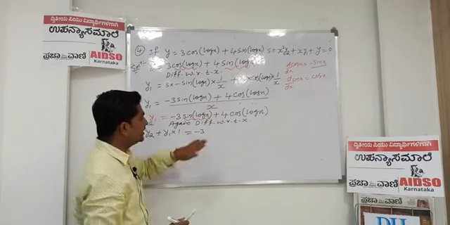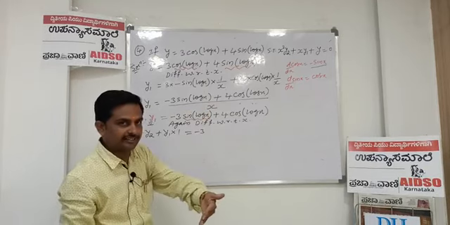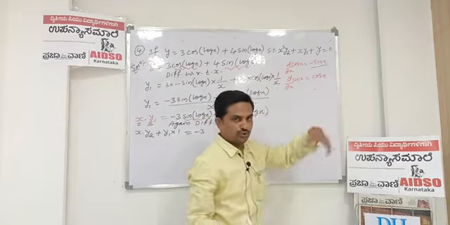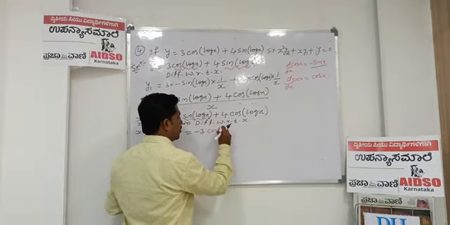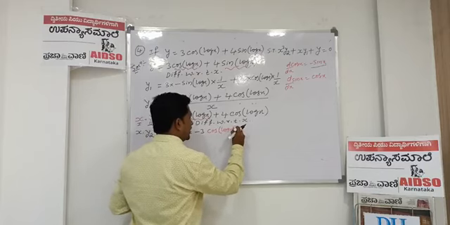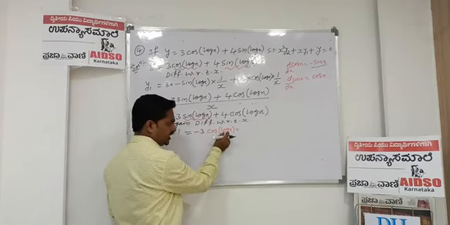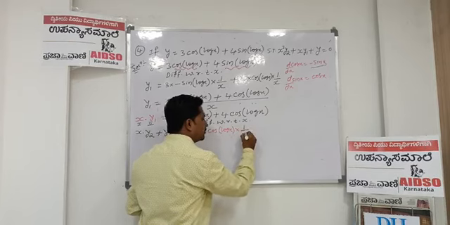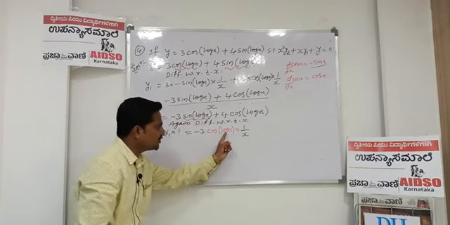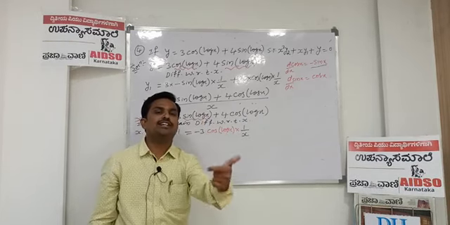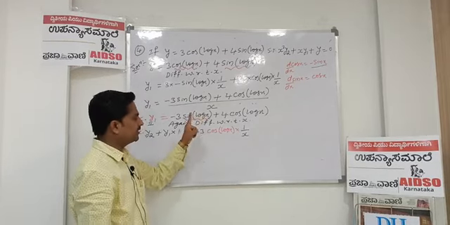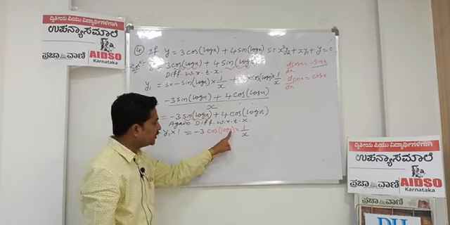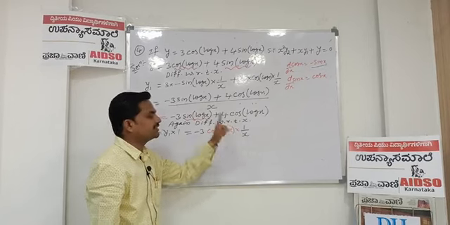How do we have to treat this? This is entirely sin x, and we know the derivative of sin x. What is that? Cos x. So I am writing this as cos of log x into, we know the derivative of log x. What is that? 1 by x. And why have we differentiated log x? Because we are utilizing the chain rule here. So the derivative of sin x is nothing but cos x into derivative of log x, which is nothing but 1